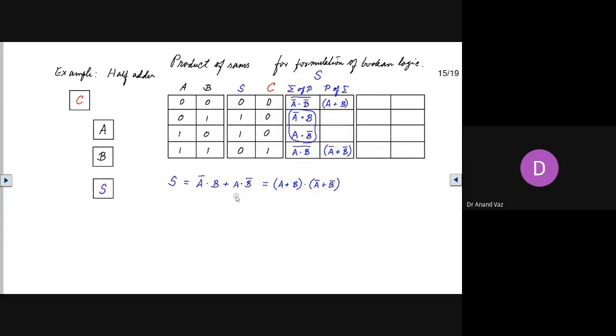So here, this is treated as a sum. And how did we get this sum? We applied the De Morgan's theorem to this product. So we got just A or B. Here also we applied De Morgan's theorem and we got not A or not B. So you can see it gives us the same result. This S is obtained either by the sum of products method over here, so this is sum of products.